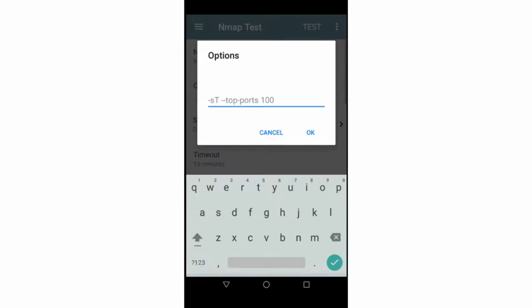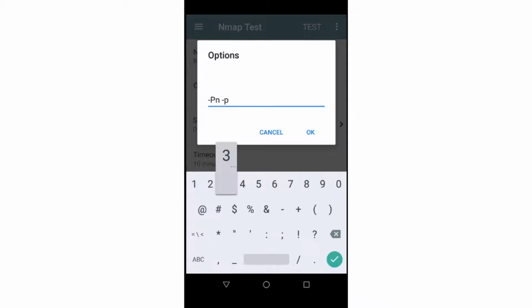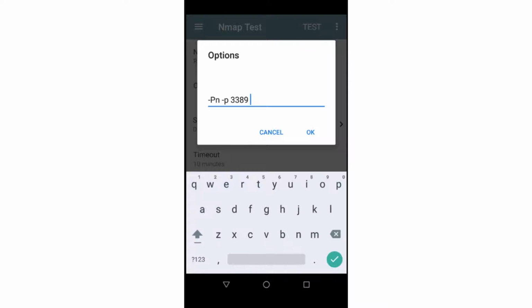One of the advantages of creating a library of tests is that I don't have to remember every option available within Nmap. I can go out, look up the options I need for the test, enter them, then select the test from the library anytime I want to run that type of scan. Since Microsoft Remote Desktop uses TCP port 3389, I'll enter the command -Pn -p 3389